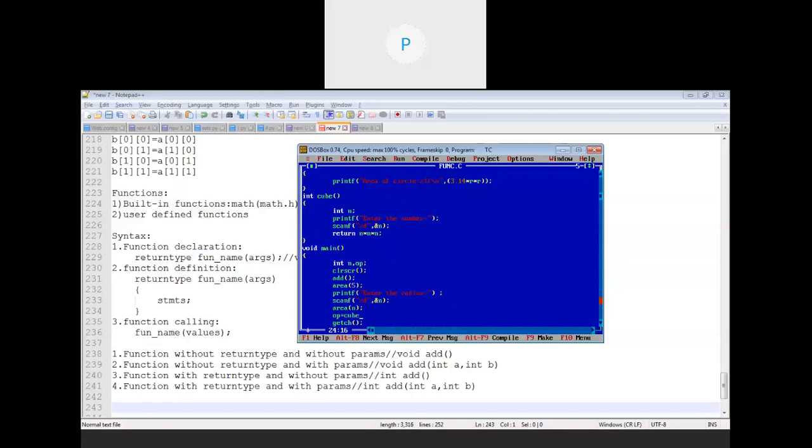You can invoke the function and store the output of that function within one variable. So printf, let's say cube is percent d, comma, that op. This is the first way of calling a function with return type.